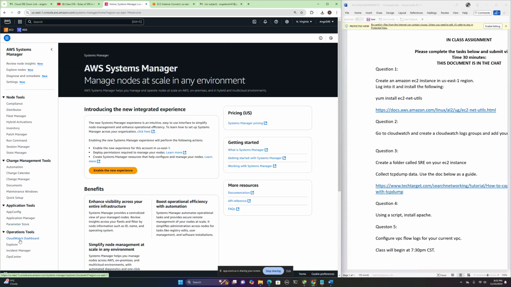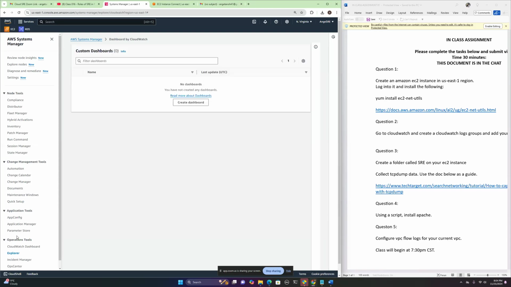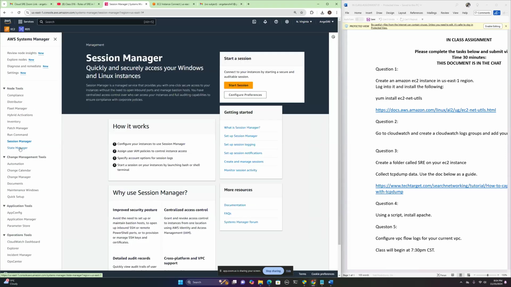So we're gonna, no. Click on Session Manager right there. Up under Node Tools, Session Manager. The documentation says it should start. Right. Start it and then